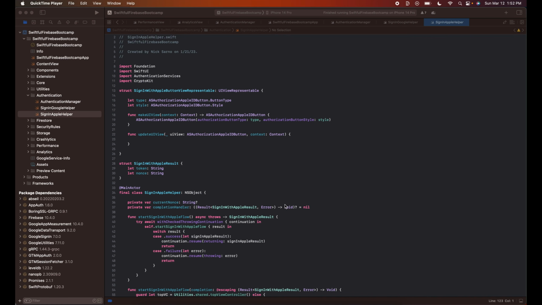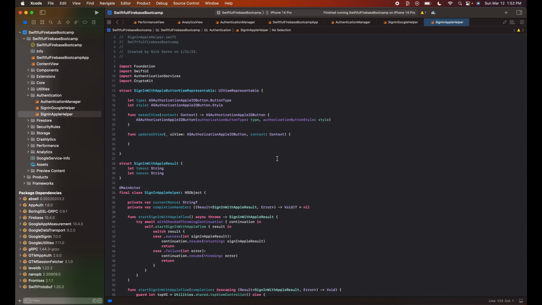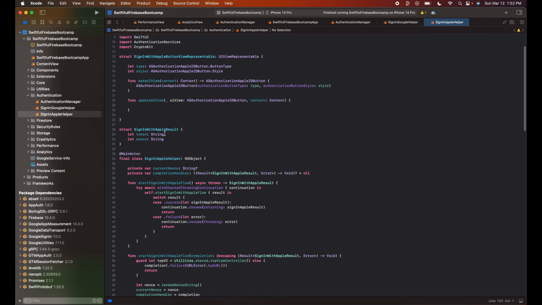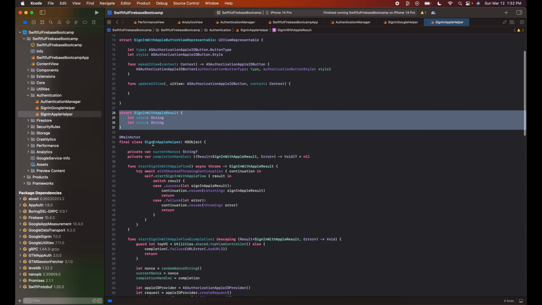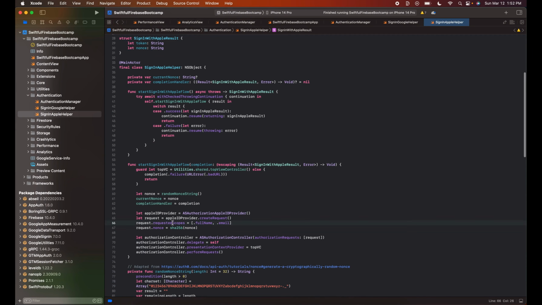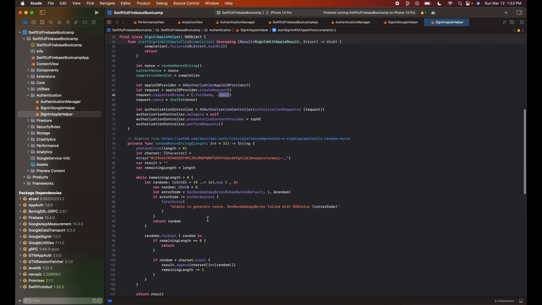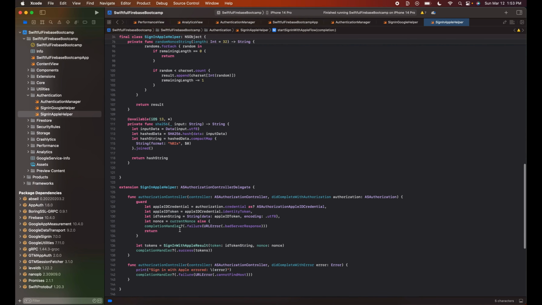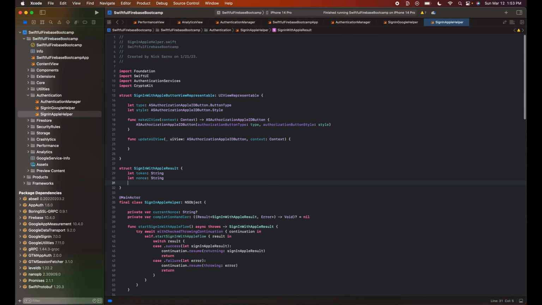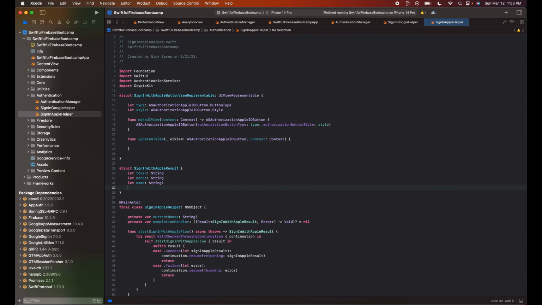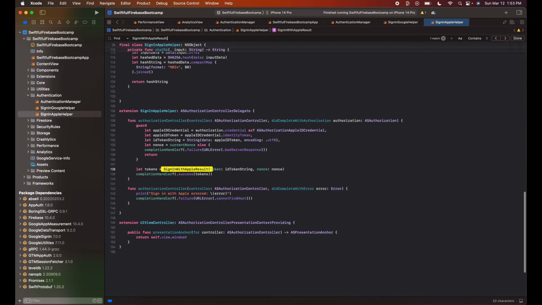All right, and just like in the last video with the Sign In with Google, I forgot to get the user's information basically from the Sign In with Apple. So when we sign them in with Apple, we actually do get access to their Apple profile, right? We requested the scope for the name and the email, but we forgot to pull that back out when we actually got it. So sorry that I forgot that, but basically we can come down, in the Sign In with Apple result, we can add in a name of type string. We'll make it optional, as well as an email of type string. And so every time we create a Sign In with Apple result, which looks like it's this one time here,